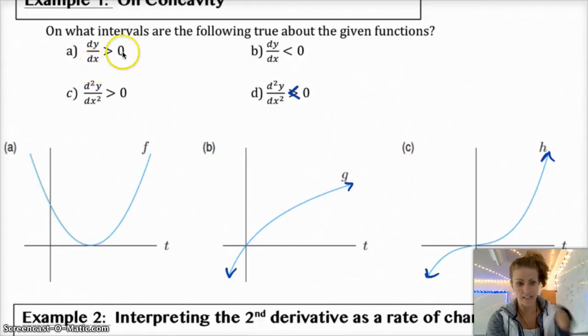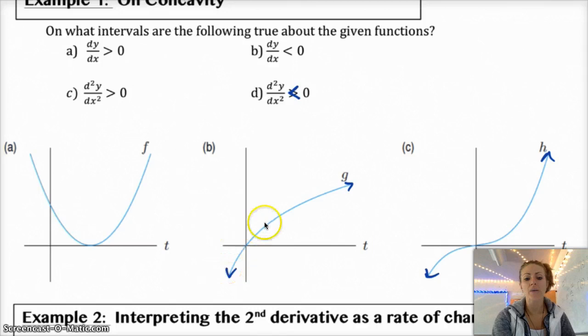Okay, for this graph, for g of x, dy dx is positive if the function's increasing. So this is actually increasing everywhere, right? It goes from low to high. But the rate at which it's increasing is decreasing, right? So that means that it's steeper here and then it kind of levels off here. So that means that the second derivative everywhere is negative. If I finished my bowl, all of the cereal would be on the